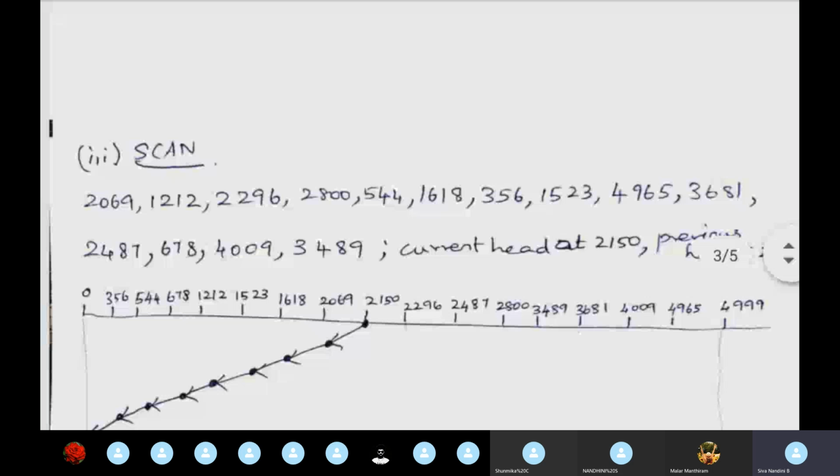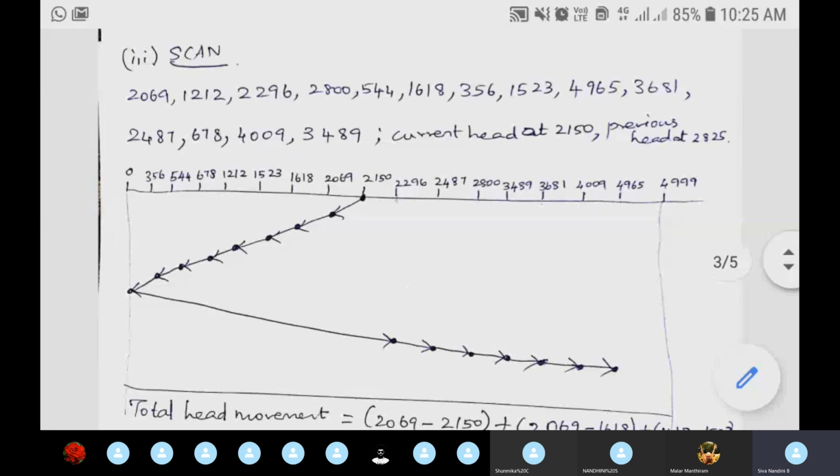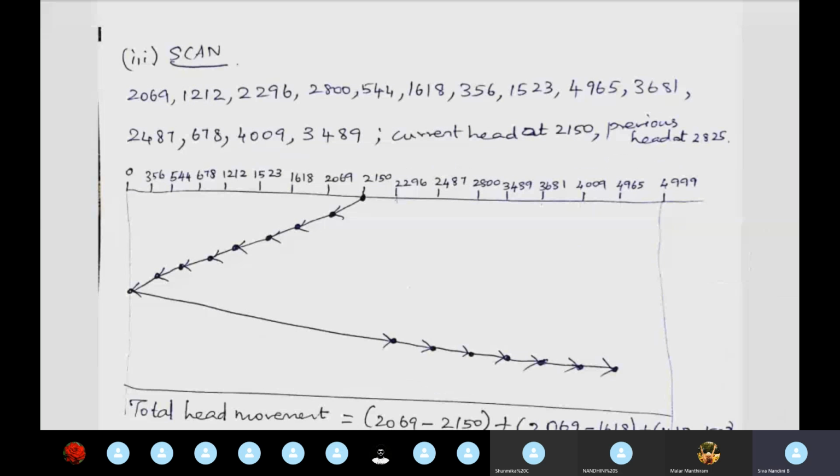And next, in the case of scan algorithm. So I hope everyone has forgotten the concept of scan algorithm. Scan algorithm வந்து அந்த கான்செப்ட்ஸ் பத்தி தான் நம்ம வந்து போனோம். அந்த கான்செப்டே நீங்க மறந்த மாதிரி இருக்கு scan algorithmல. See how we have to do the scan algorithm. The scan algorithm will go from the position along the disk head movement. So for the scan algorithm we have to consider the previous head also. In this tutorial also many have written the scan algorithm wrongly.